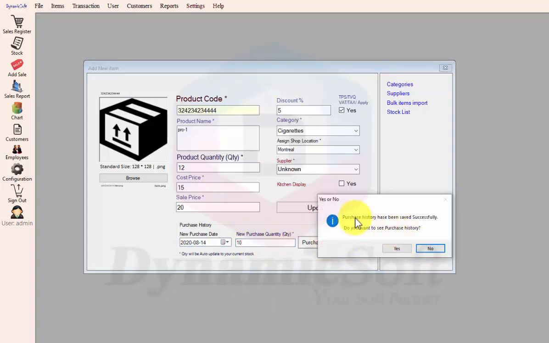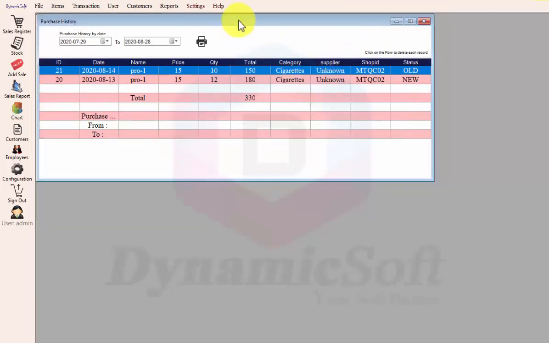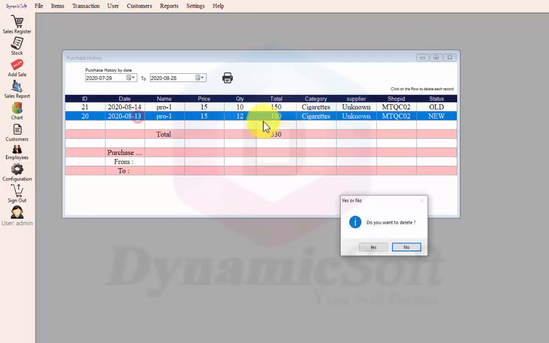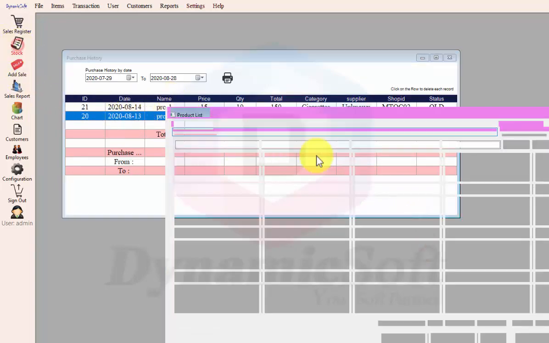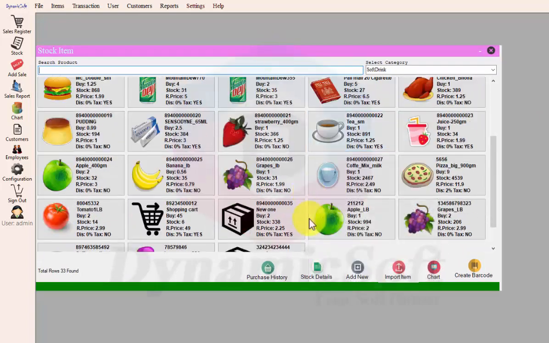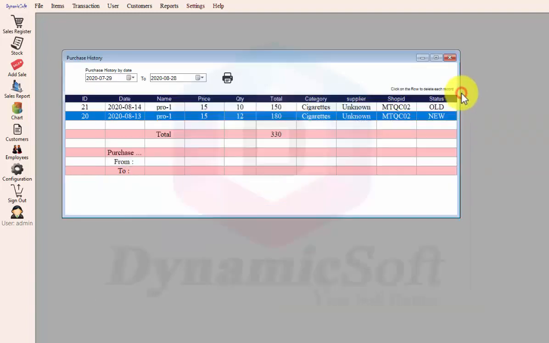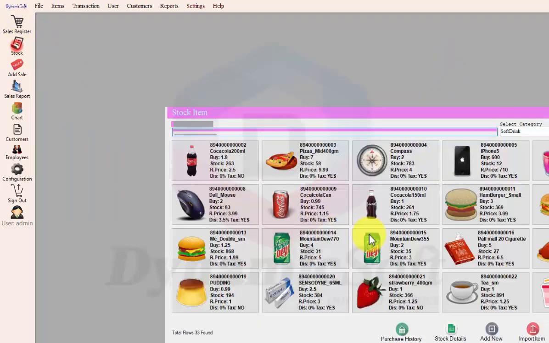So successfully done. To see the purchase details, see here, this is the purchase detail just now. This one we entered new and later increased the quantity. So let's go check how much we have now in stock. Before it was 12, now it is 20 in our stock. Okay, if you want you can delete it, and